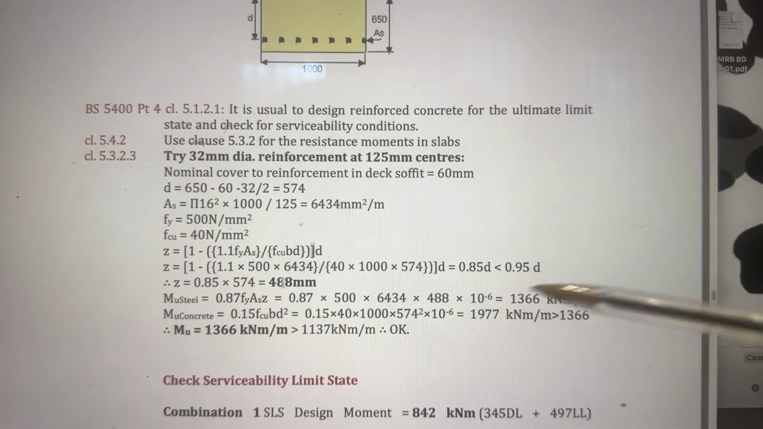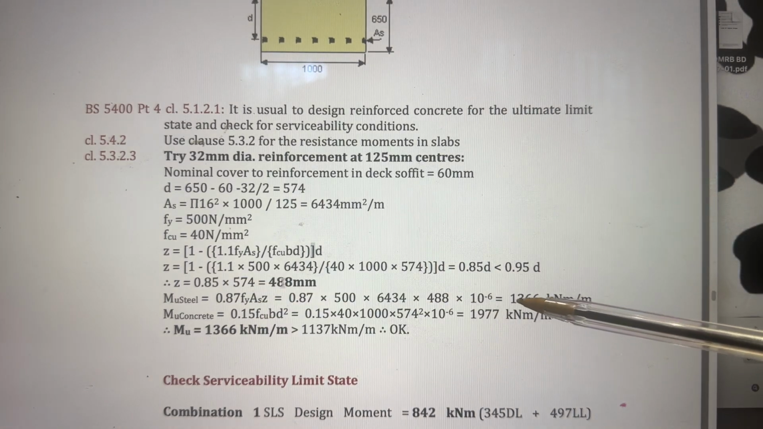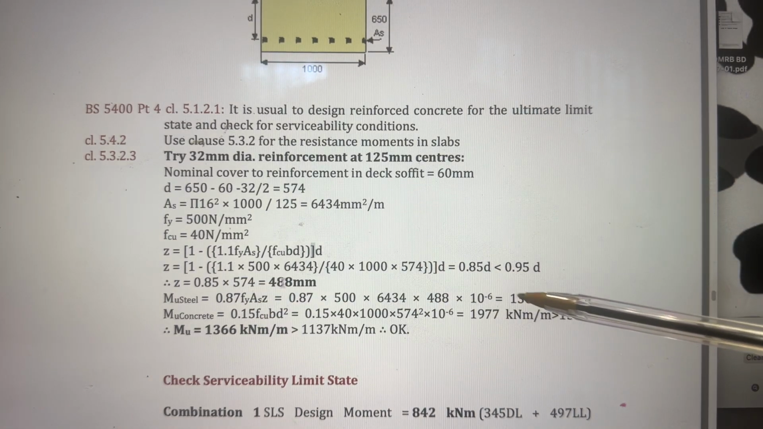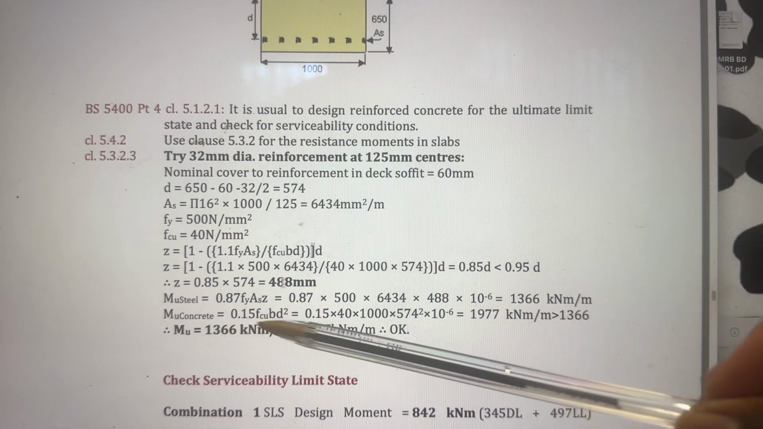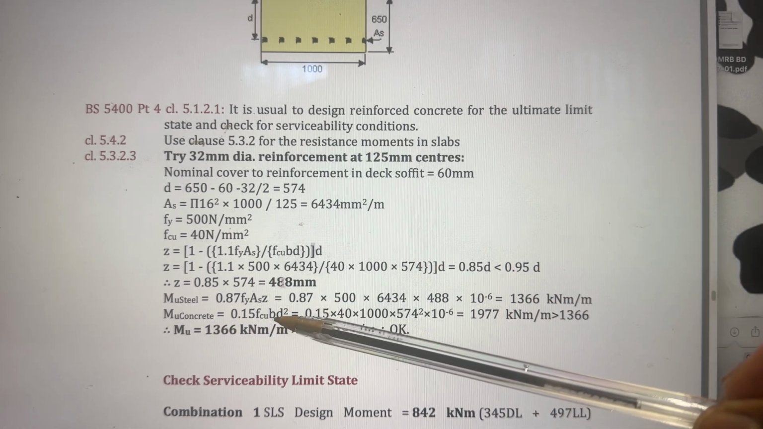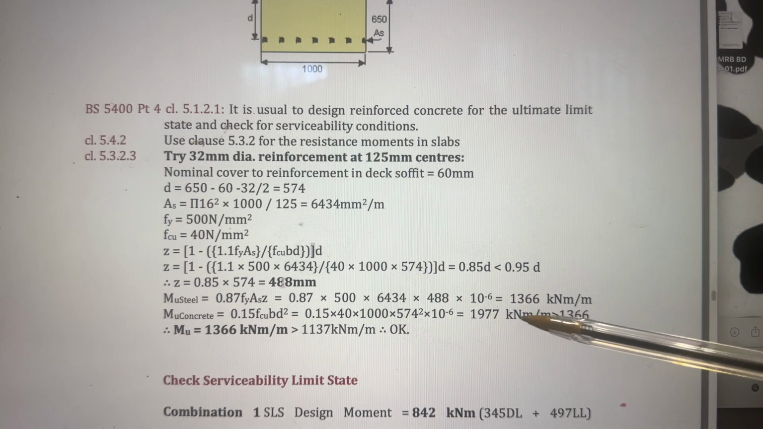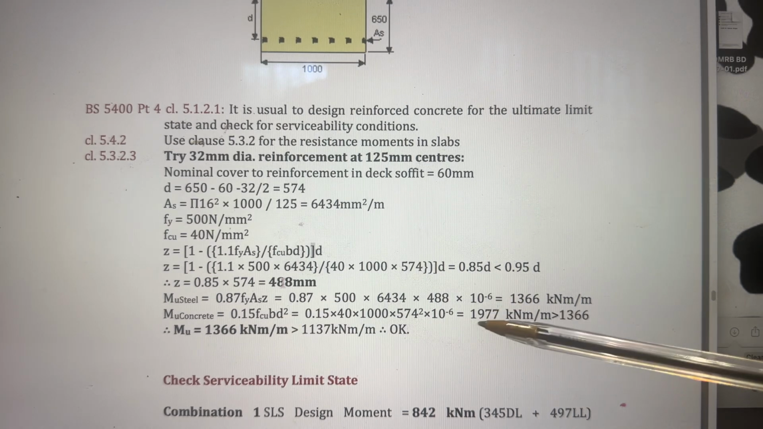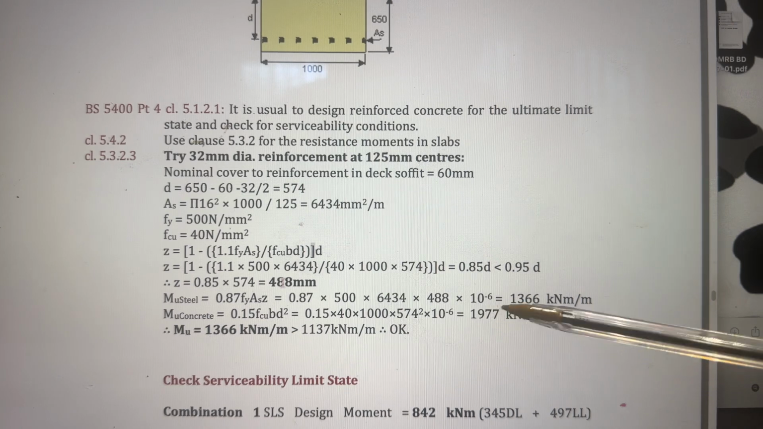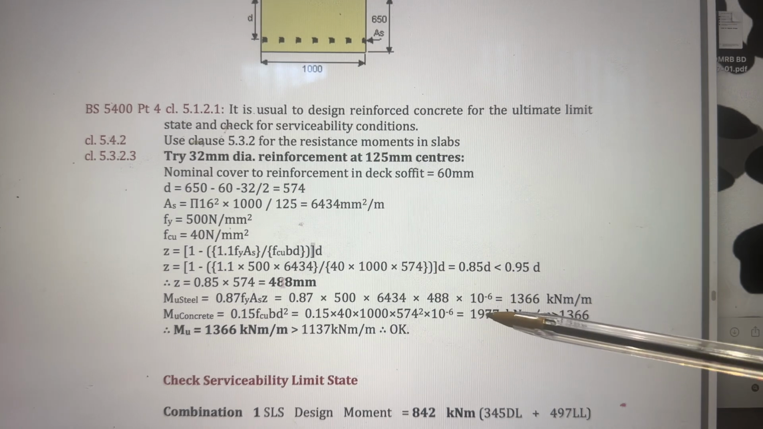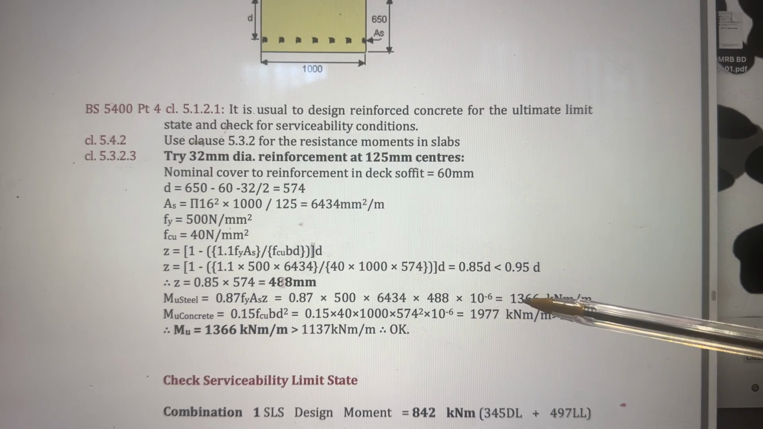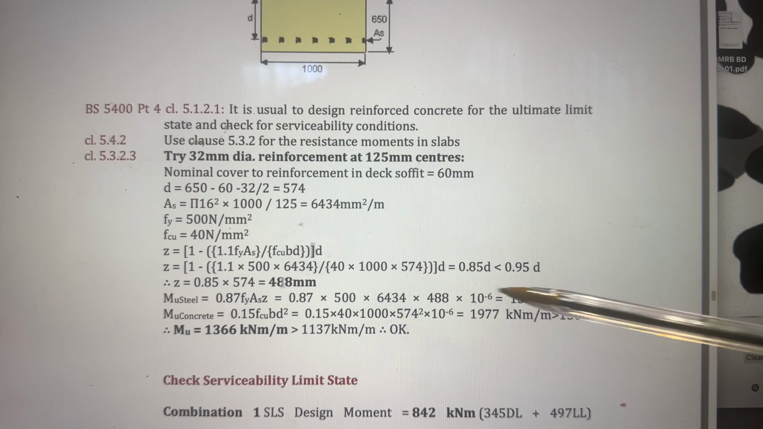Once you calculate this, you see that your moment capacity for area of steel is 1366 kilonewton meters. The moment capacity for concrete is 1977 kilonewton meters. I'm not going to use the higher value because that means the deck will crush under the steel reinforcement. So I will be using this